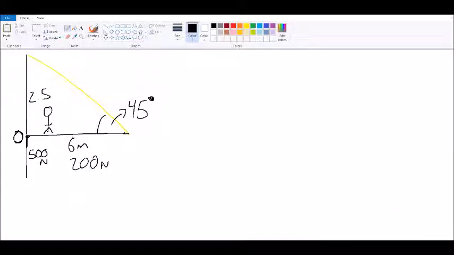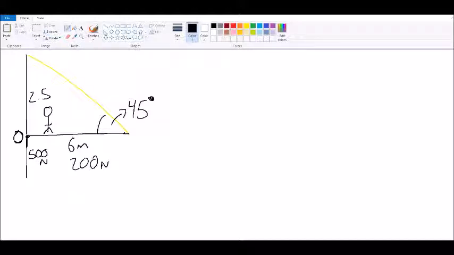And this is a free response question from the AP Barron from the rotational motion unit. So this is a word problem, a free response problem, and it basically reads that a 500 Newton person stands 2.5 meters from a wall against which a horizontal beam is attached. The beam is 6 meters long and weighs 200 newtons. The free end of the beam makes an angle of 45 degrees with a cable to the horizontal and is